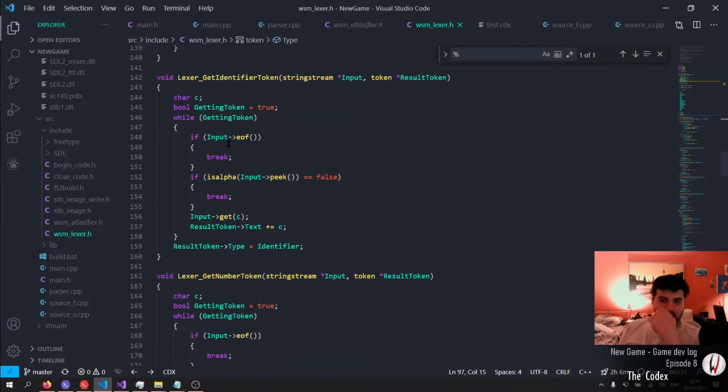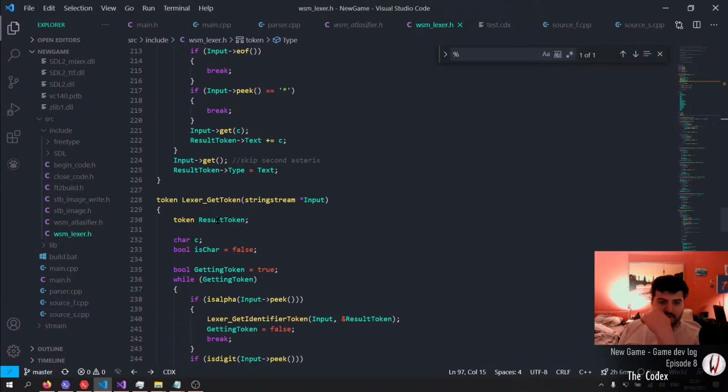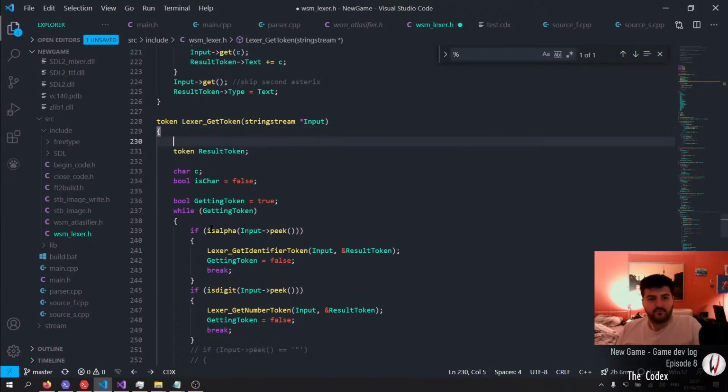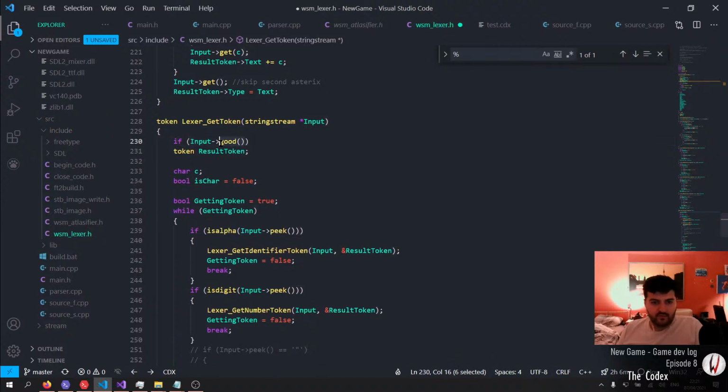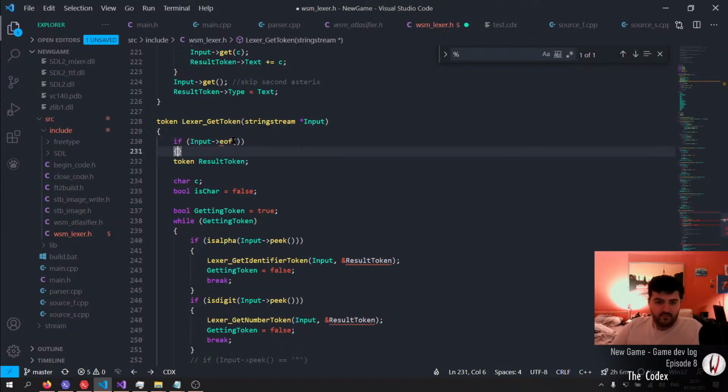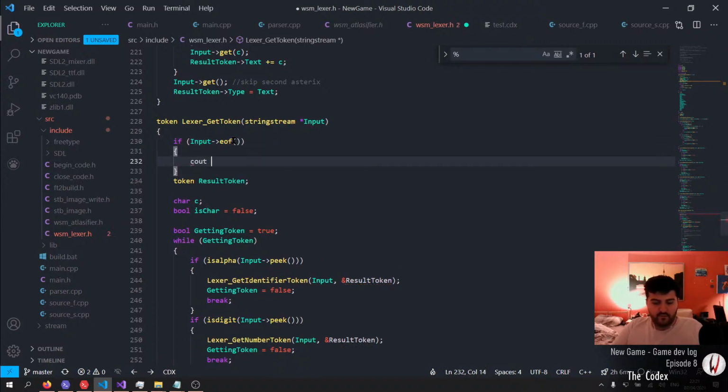Well, maybe then check if the input dot good, if it's not good, no, if it's input dot end of file, then cout